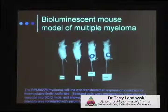What we needed was a model that we could get the myeloma cells to grow in the bone marrow. But how are we going to get them there? And how are we going to know that they're there? How are we going to monitor the tumor cell growth once they're in the bone marrow? Because as any of you that have undergone a bone marrow biopsy or aspirate knows, it's not a pleasant experience, and